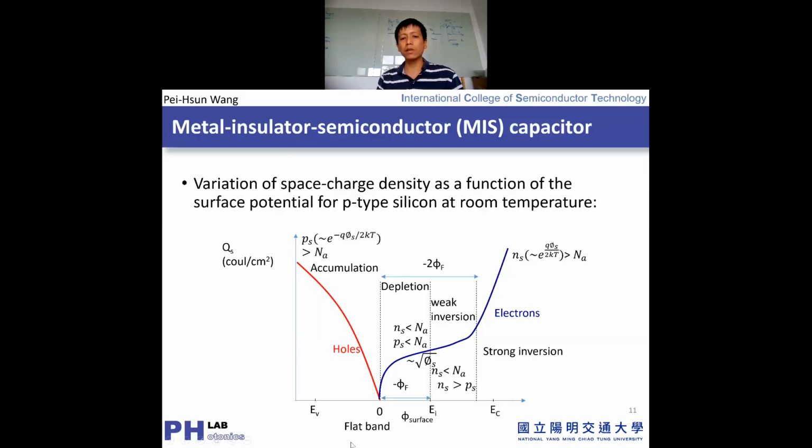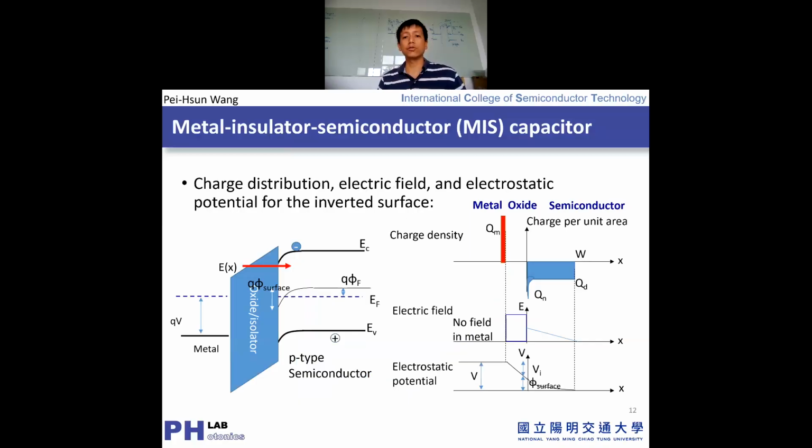So you can think that if you get the positive one, first we deplete the electrons, and then later on we have a strong inversion to accumulate the holes. And on the other side, we just accumulate additional electrons in the n-type system. So you just invert the curve for both p-type and n-type systems. So that's what happened. Okay, so let us consider what is the charge distribution, electric field and the electron potential